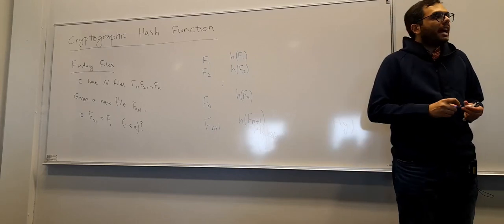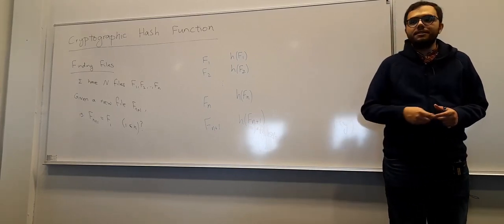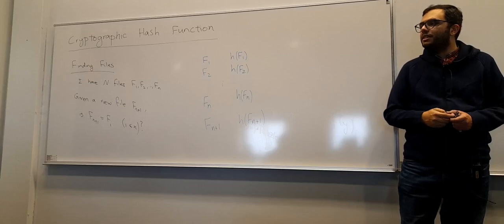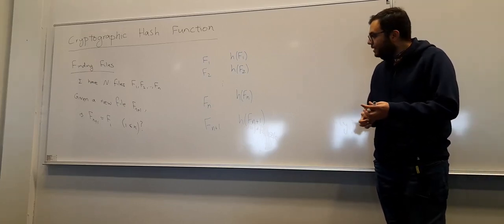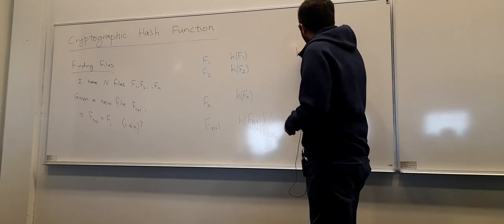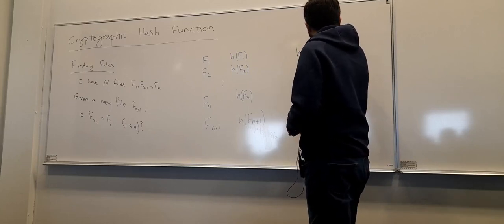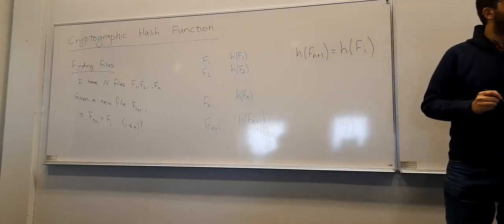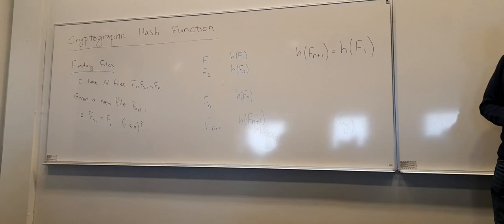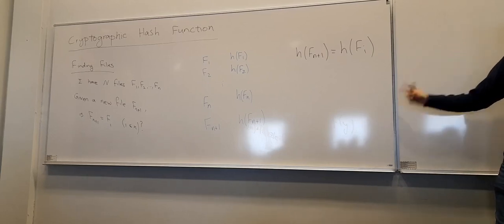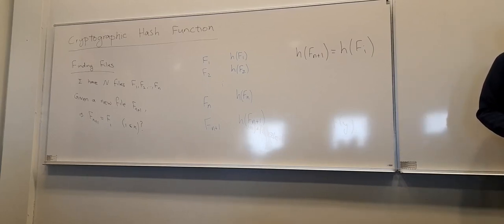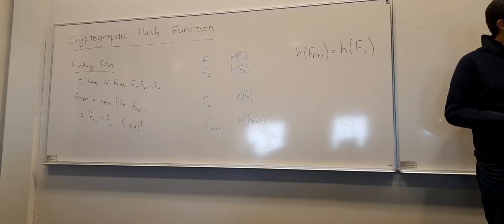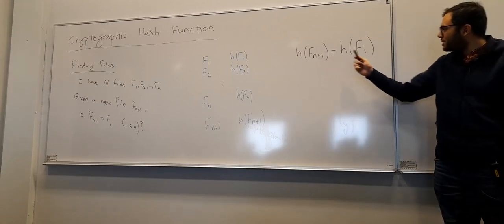What happens if I already have this hash value in my list? So let's say that the hash of this new file, Fn+1, is equal to the hash of some previous file, Fi. With high probability, they are the same file. I don't want to get into probabilities, but yes, we can basically say they're the same file. Why? Because if they are not the same file, I have found two inputs, Fn+1 and Fi,